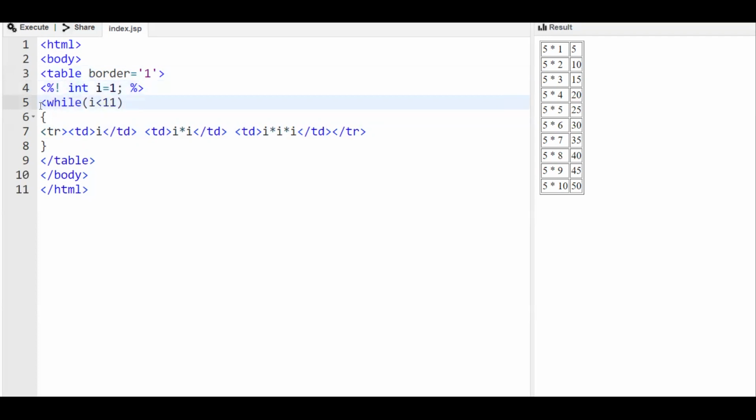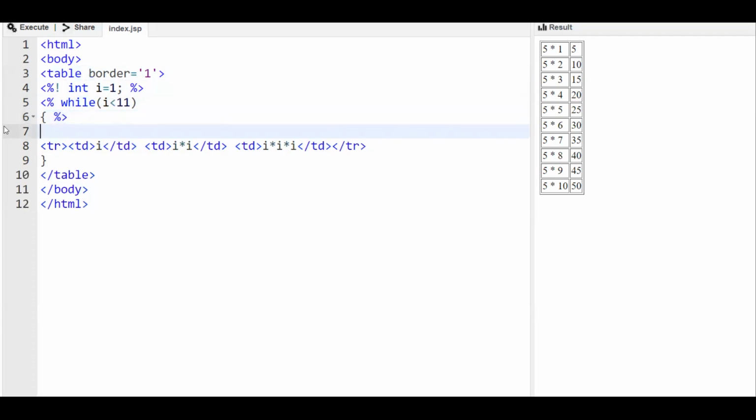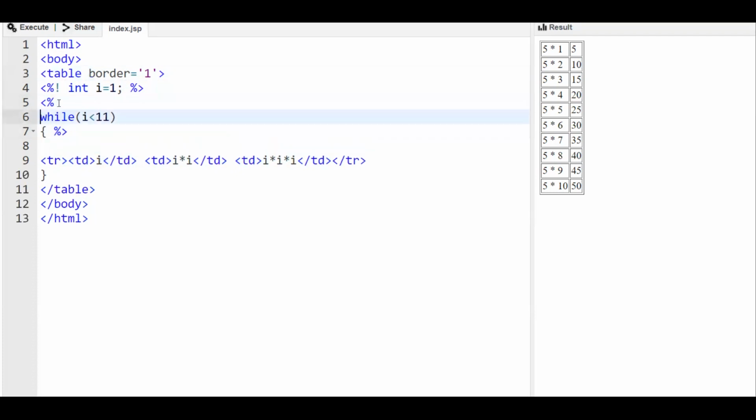Then the while and the opening flower braces should be in a scriptlet tag like this. Then we'll have HTML, and the closing one should again be in a scriptlet tag.